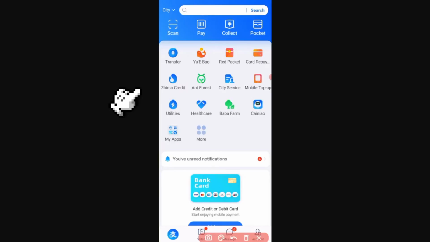Hello guys, today we're gonna see how to check if your Alipay account is restricted. Okay, well, this is really easy. What we need to do is open our app, and right here we're gonna find